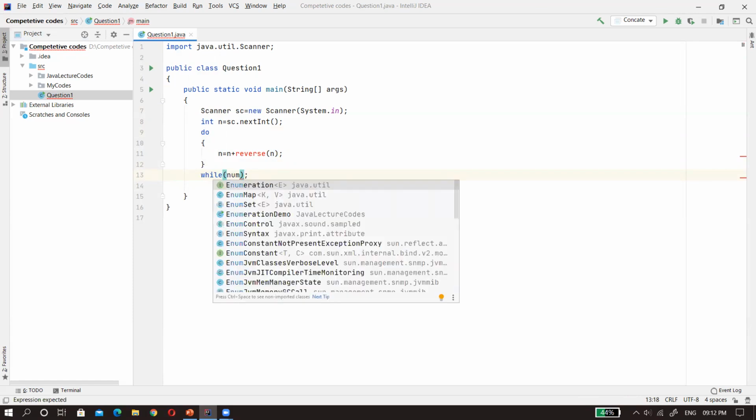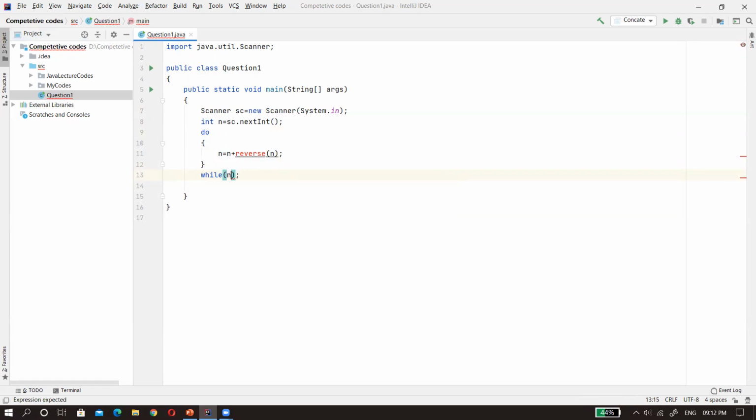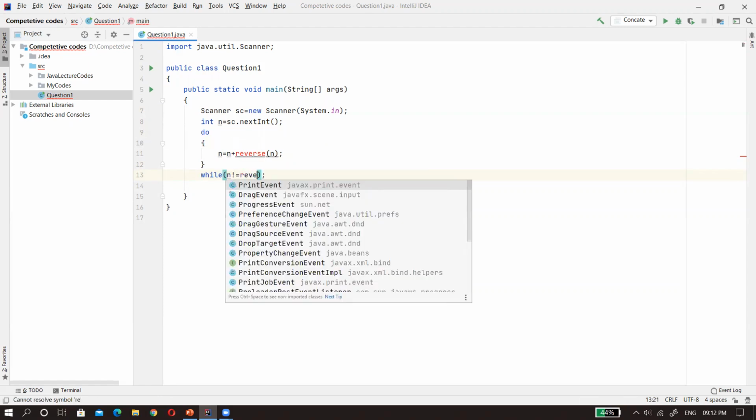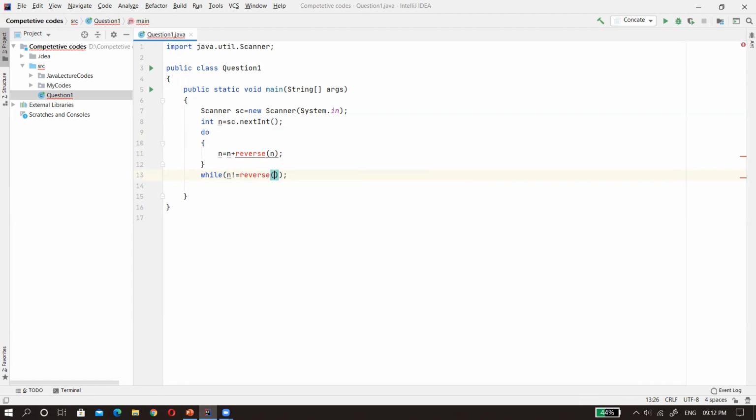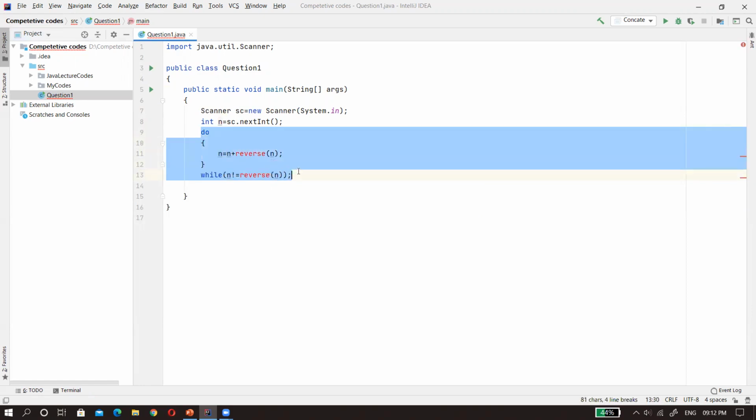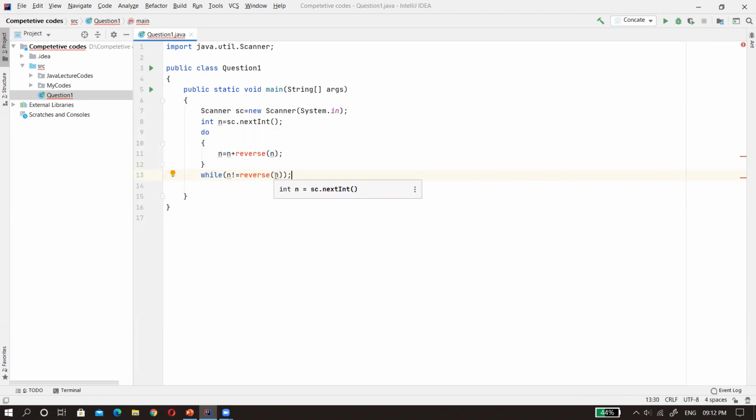If the number is not equal to the reverse of the number. So I can call again the same function, reverse of n. If the number is not equal to the reverse, then we have to again repeat this step. Whenever this number becomes equal to the reverse, the control will stop, the loop will stop.